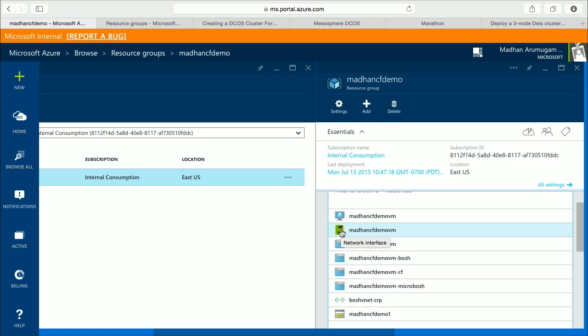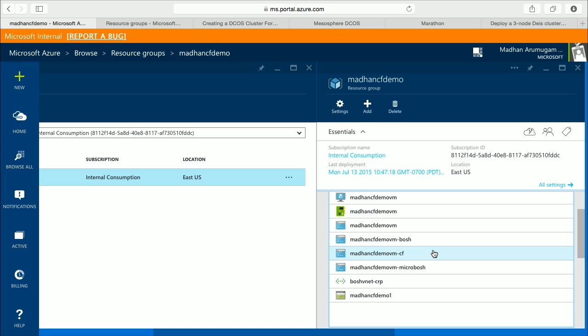And then I have various resources, a NIC, a bunch of IP addresses. I've created 4 IP addresses because I know a Cloud Foundry deployment requires this infrastructure. I'm creating them upfront. I'm creating a virtual network for network isolation, and then I'm creating a storage account, right? So it's all deployed. So let's log into the client VM.